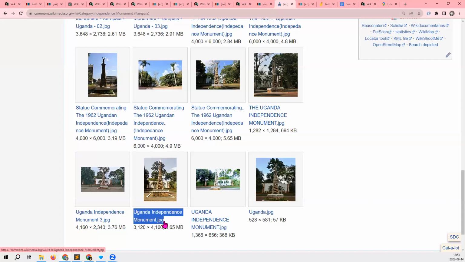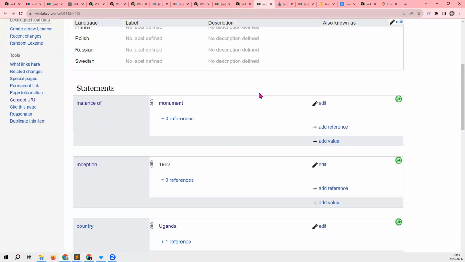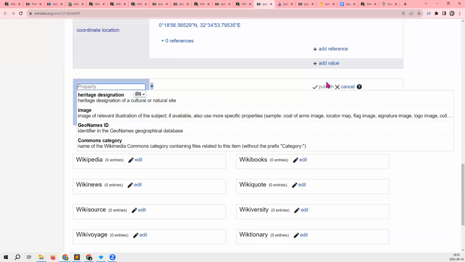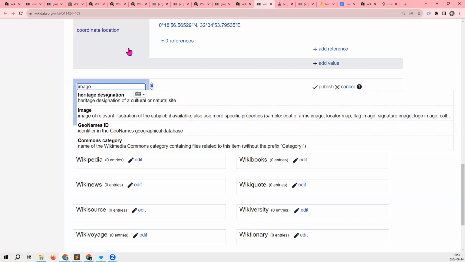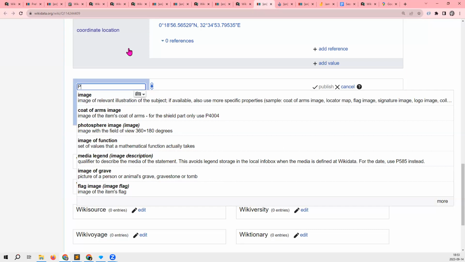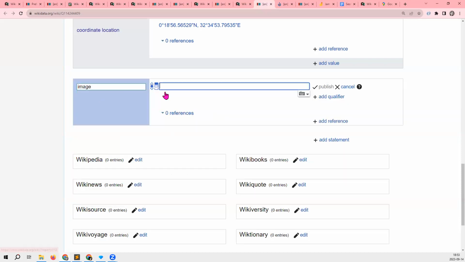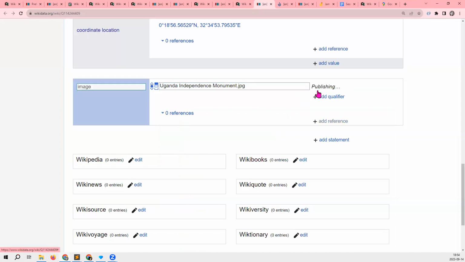I copy its file name. I go to the monument item and add a statement. It even suggests image, or I can just search for image. Or if I remember the ID, I can type in the ID, but I don't need to remember that. I can just type in image and paste in the file name.